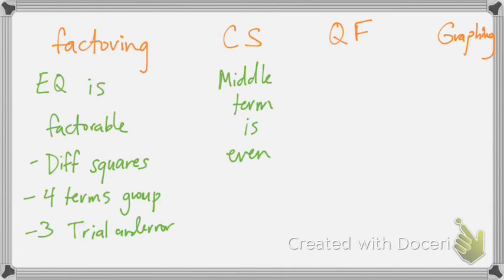So then what should we do? If it's odd, then you'd probably want to use the quadratic formula. These two will always work, completing the square and quadratic formula, no matter what you have. And then if you have your calculator, you will always use this,